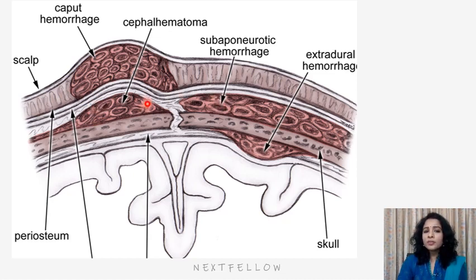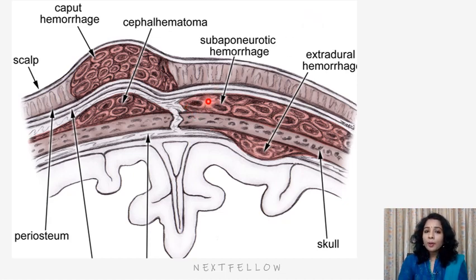Next, suppose there is a further tear of the periosteum, then the fluid starts collecting in the loose areolar tissue, which is called subaponeurotic hemorrhage or subgaleal hematoma. In subgaleal hematoma, the fracture of the cranial vault is associated with tearing of the dura and pericranium. In such cases, the blood from the intracranial hemorrhage communicates with the subaponeurotic space of the scalp through the fracture lines. You can see it communicates through the fracture lines,